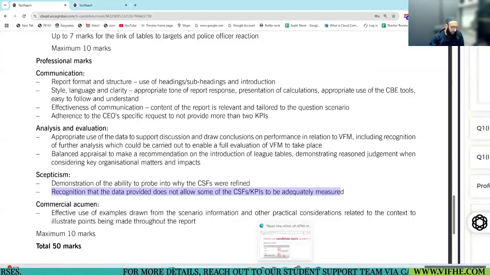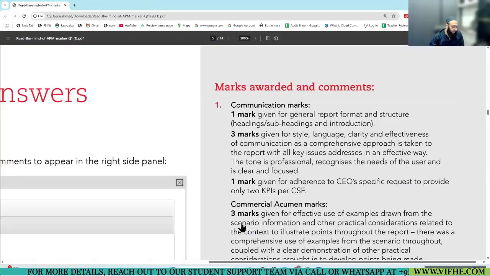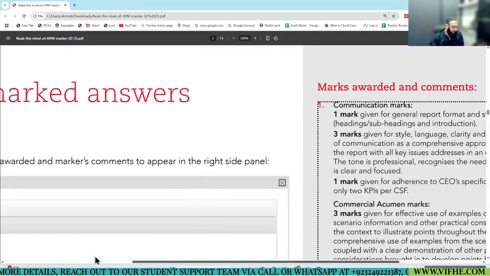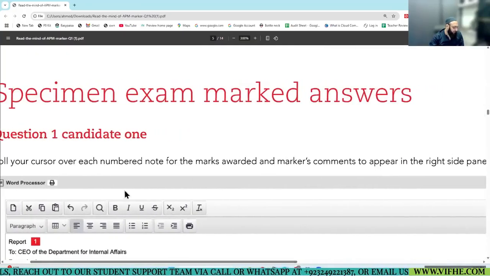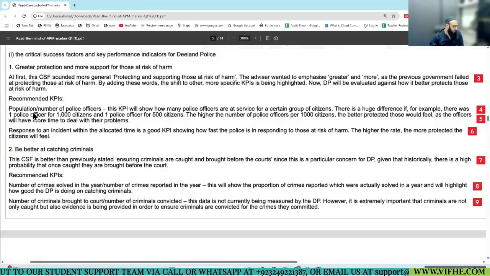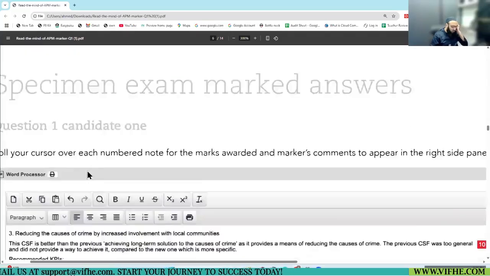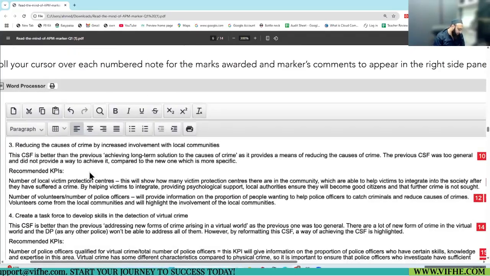What about the student's answer, the one that we just analyzed here? If you just look here, when the student was mentioning the CSFs and KPIs, his entire answer, most of the measures he mentioned, were from the table.